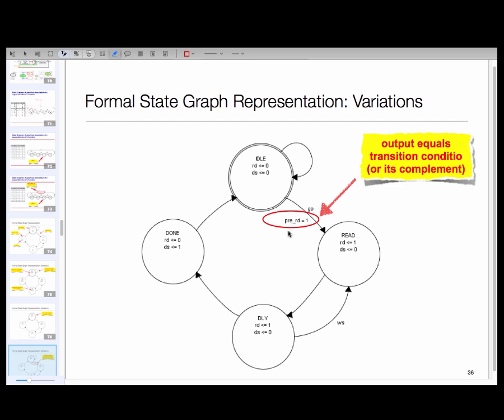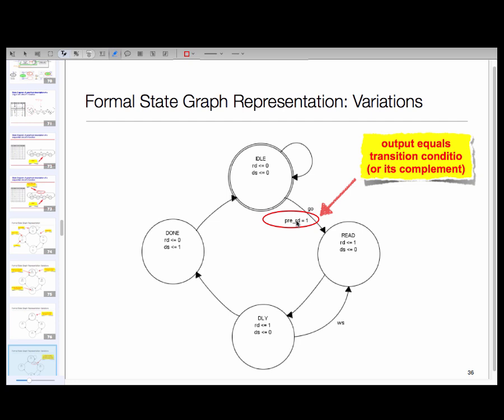So it basically says if go is true, it's also the case that pre-RD is 1. So instead of putting the output out here, I can put it on the transitions, which is what the book does. So these are all different ways of drawing things. If you are in the tool, you can use any version of these because the output would still be the same. So again, Paul and Salma are going to talk about some of these nuances,